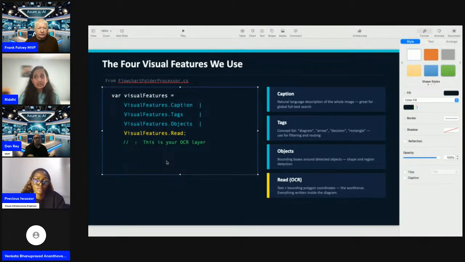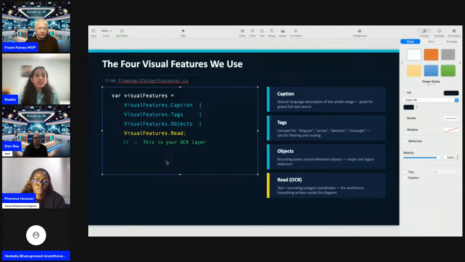For instance, in this application that I will show in a moment, I'm using four features, which are caption, tags, objects, and read OCR. Now, caption is like a natural language description of the overall image or diagram, what it signifies. Tags could be the arrows, the decision, the rectangle, the square, whatever is in the flowchart.